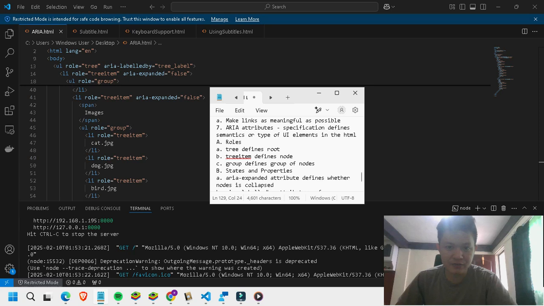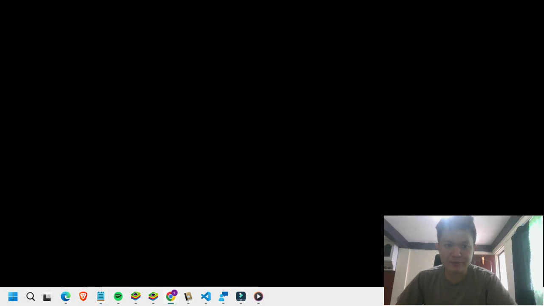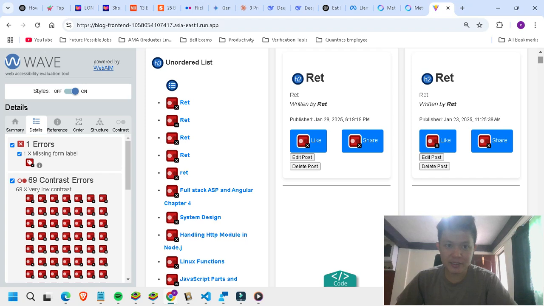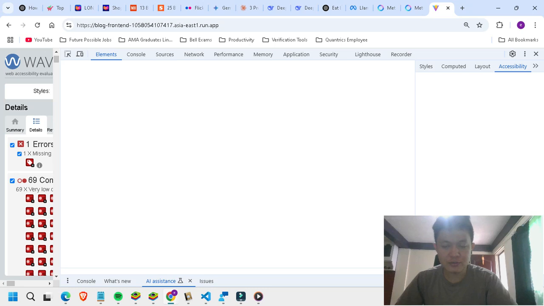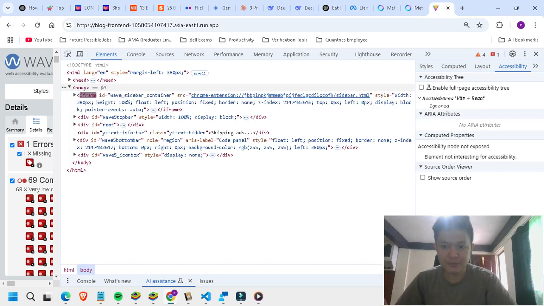This is a specification that defines semantics or types of UI elements in the HTML. Usually we use HTML elements to define our components.